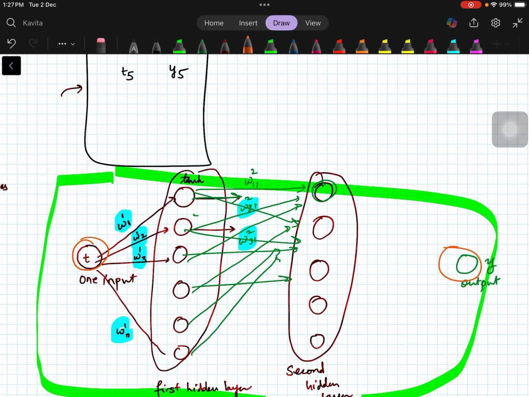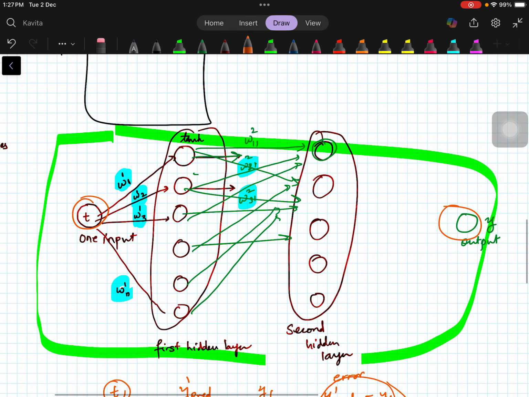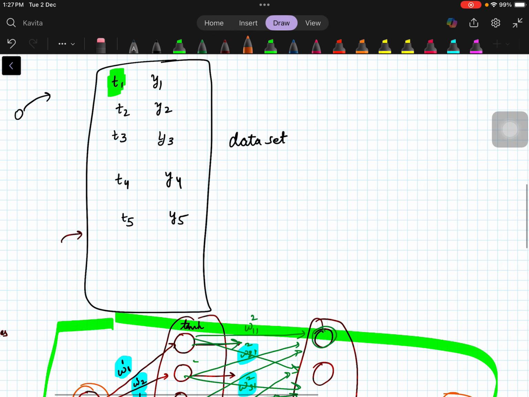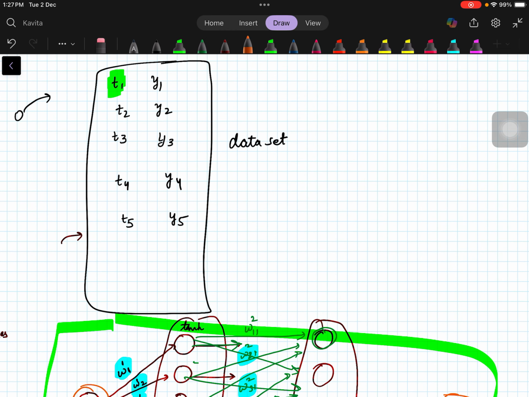So there is no problem in this particular model, but I told you in the beginning that the problem happens when your data set is not good. For example, suppose when you were collecting this particular data set, somewhere in the middle you slept, so you wrongly measured the height. Suppose this is a faulty data point, right? So suppose there are faulty data points, and the chances are high that when you have a data set, there will be human errors, there will be machine errors, there are so many factors which impact the data sets, right?